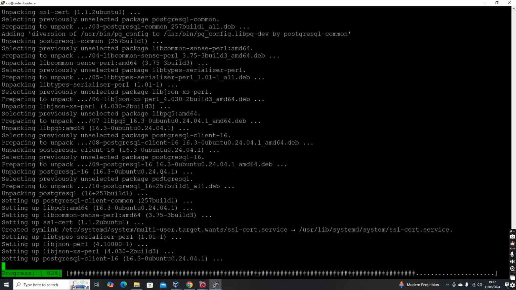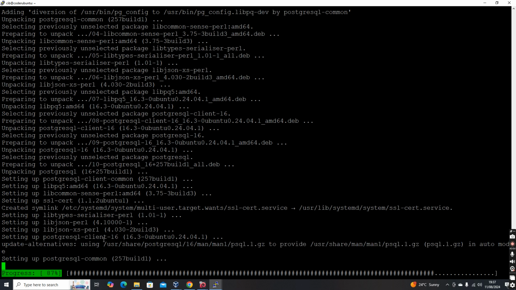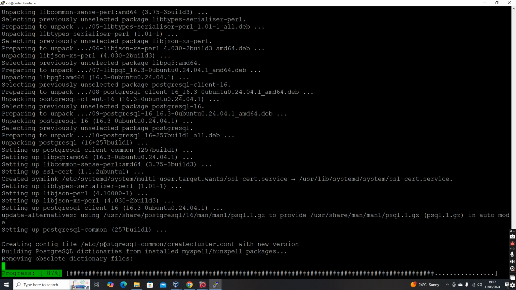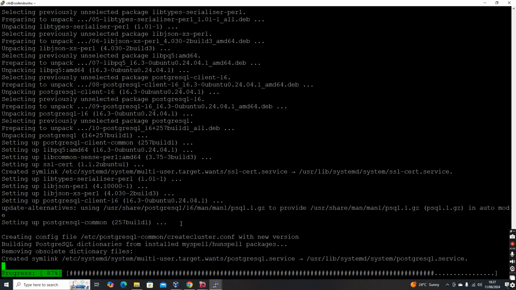You see it is creating a lot of directories, extracting packages, installing several packages. apt is basically the package manager in case of Ubuntu. You can install applications and libraries, everything using the apt-get or apt command in case of Ubuntu.